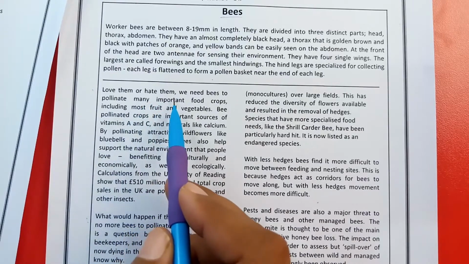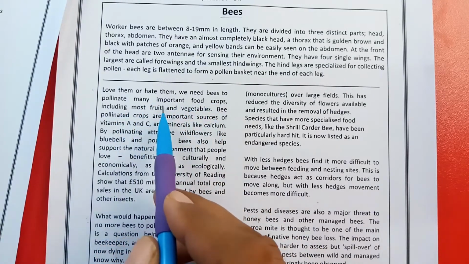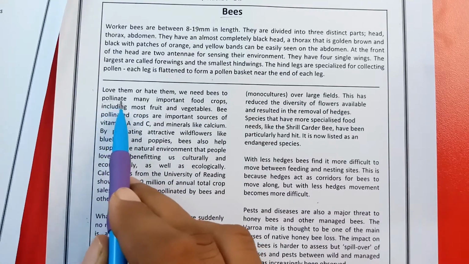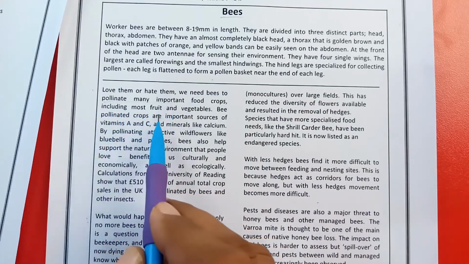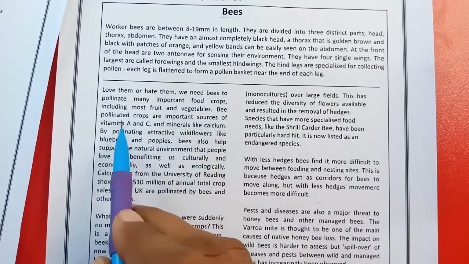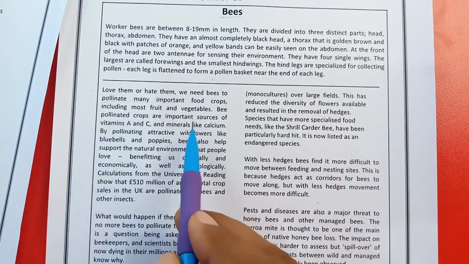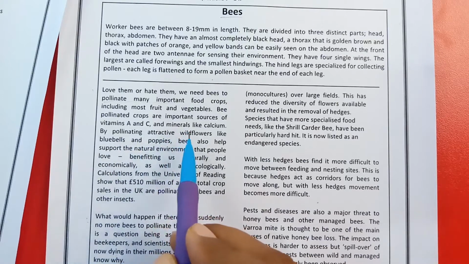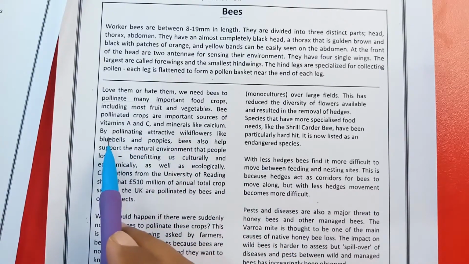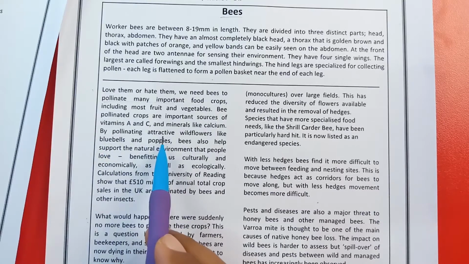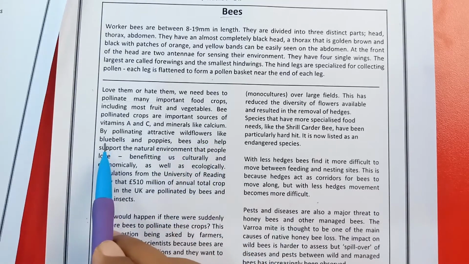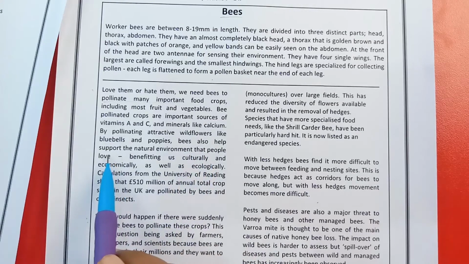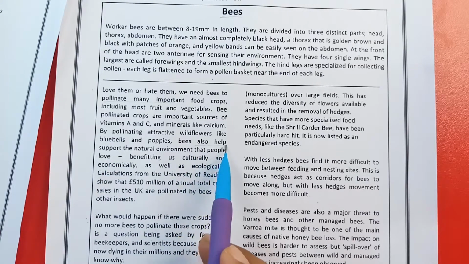Love them or hate them, we need bees to pollinate many important food crops. The first purpose is to pollinate the food crops, including most fruit and vegetables. Bee pollinated crops are important sources of vitamin A and C and minerals like calcium. By pollinating attractive wildflowers like bluebells and poppies, bees also help me, they are going to mention some